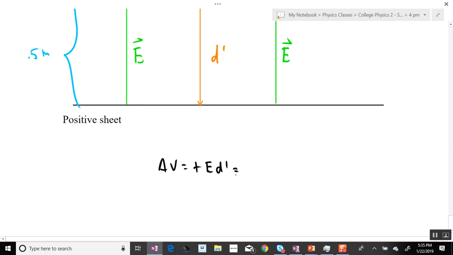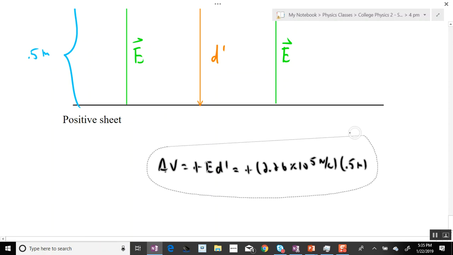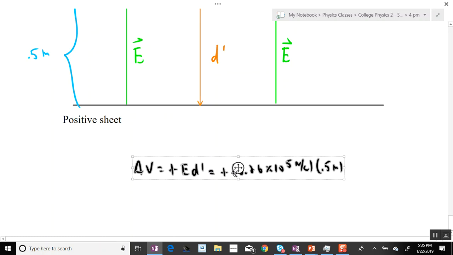Where D prime is the new distance that you go across. The field is the same as it was for part A. So it's plus E times D prime, and then you would multiply this by 0.5. Or you could do proportions, because 0.5 is 5 times bigger than 0.1. So the field would be 5 times greater. I mean, sorry, the delta V would be 5 times greater. The field is the same. It doesn't change. So if you multiply the first delta V that we did in part B, I think, by 5, you'd also get the same answer. So it'd be plus 1.13